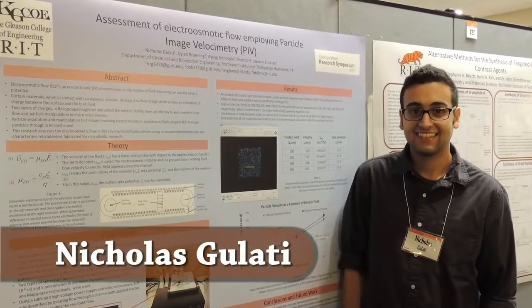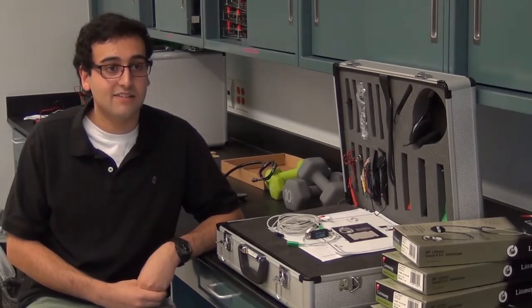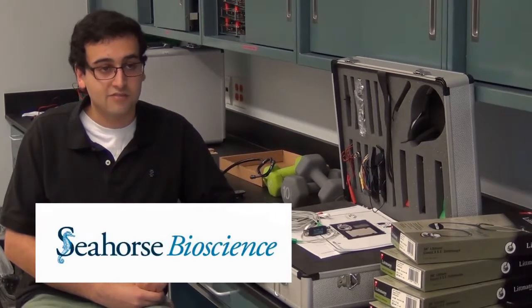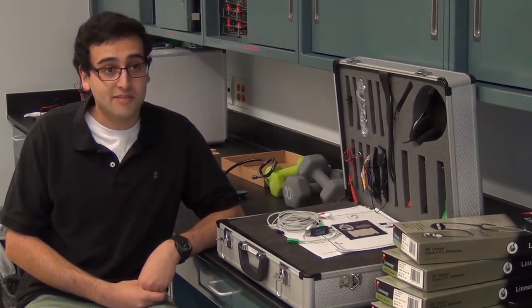Looking at microRNAs and quantifying them to see whether the patient had some sort of disease. Hi, my name is Nicholas Gulati, and I'm a fourth-year biomedical engineering student. I first co-opted in the lab with Dr. Lepisco here at RIT, and then I co-opted most recently at CUS Biosciences in North Billerica, Massachusetts. So formerly I was a tech support scientist. I worked with the tech support team at CUS Bioscience. My primary job was to collect